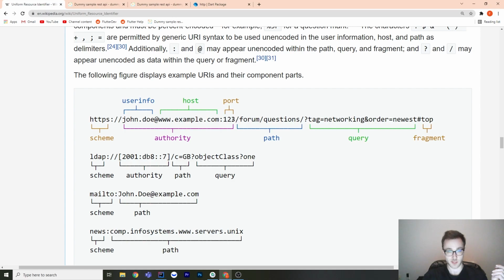And we don't have a port either because it's just a website. So that entire thing is called the authority, and we're going to put that into our URI class in Dart. And then we have a path. The path is to the specific resource. So in our case, it's just /employees, but we also have the